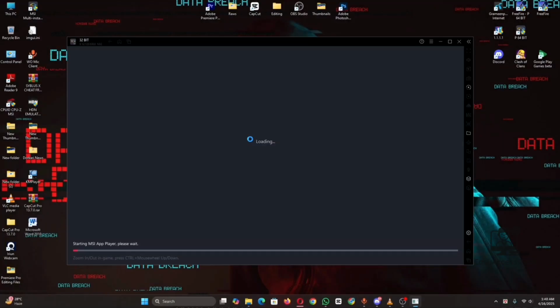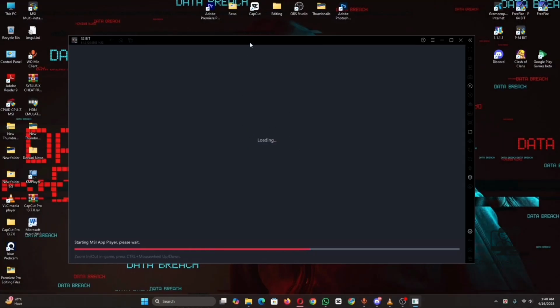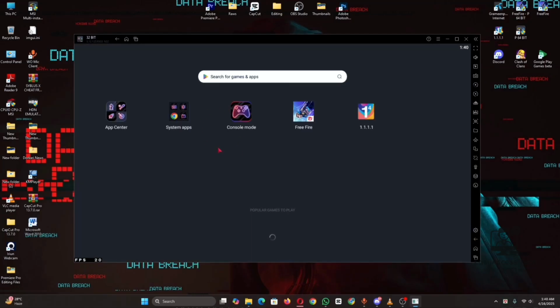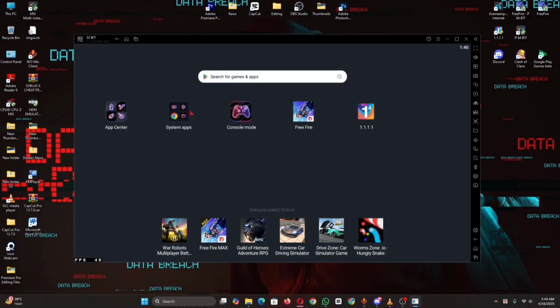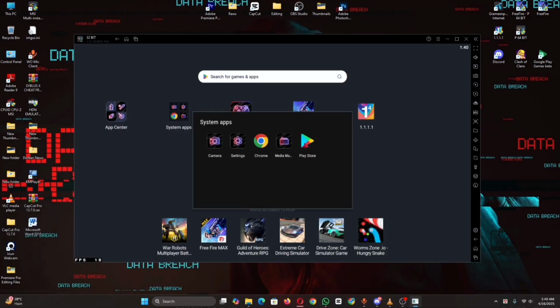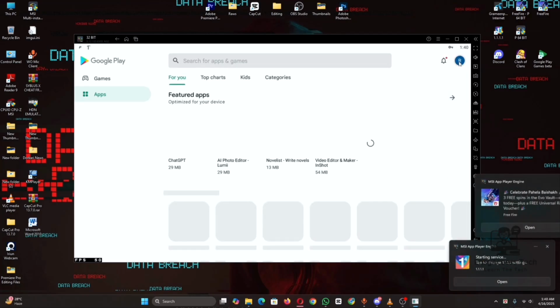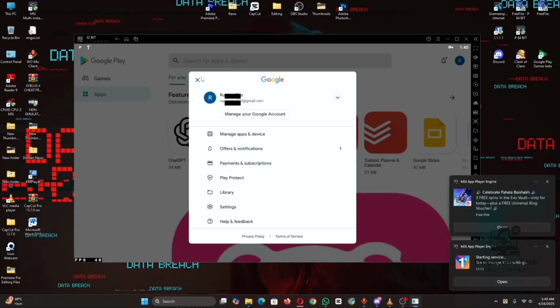First, go ahead and launch the MSI app player from your desktop or start menu. It might take a few seconds to load up, and once it does, you'll see an Android-style interface that looks just like a tablet. Now, the first thing you want to do is to sign in with your Google account,